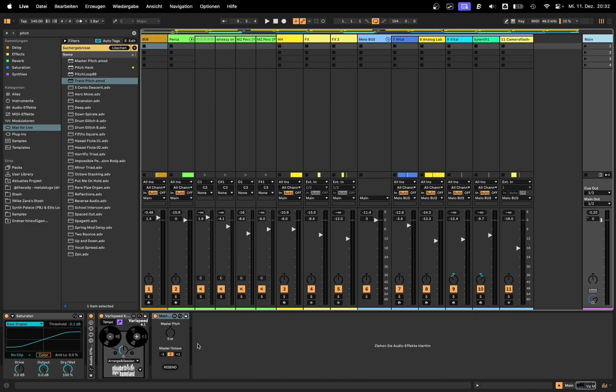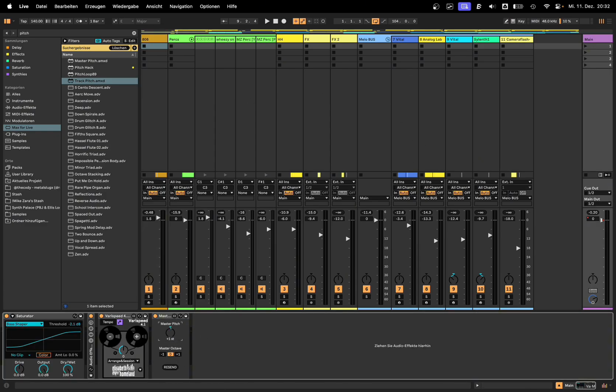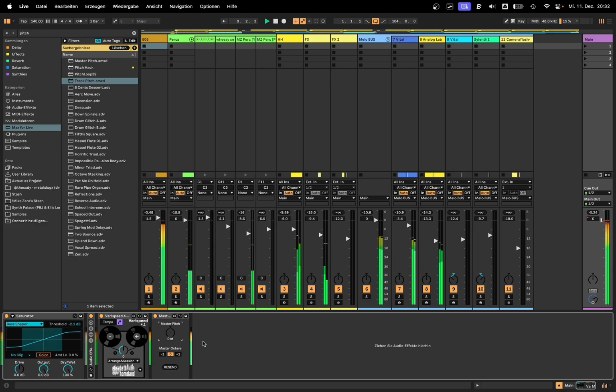And if you set it up like that and use the knob, or you can go a whole octave, it'll change every track where you put the Track Pitch accordingly to the setting here. So